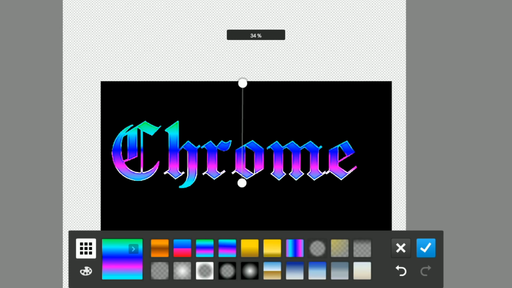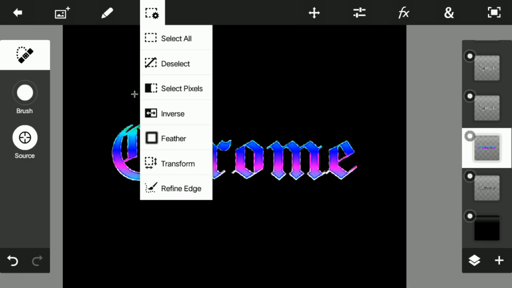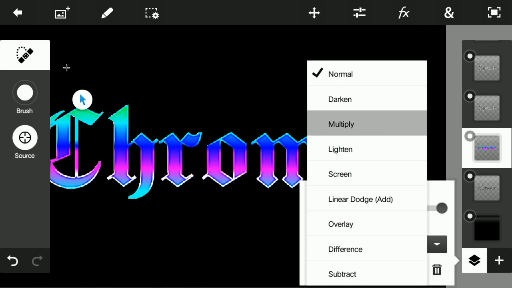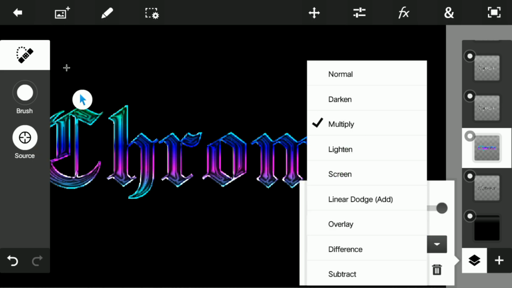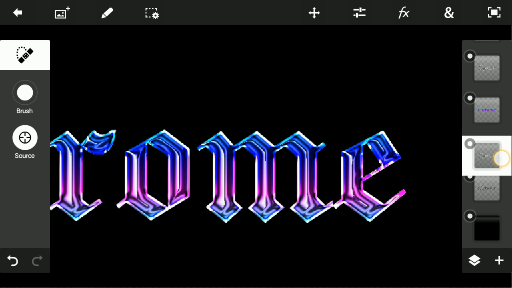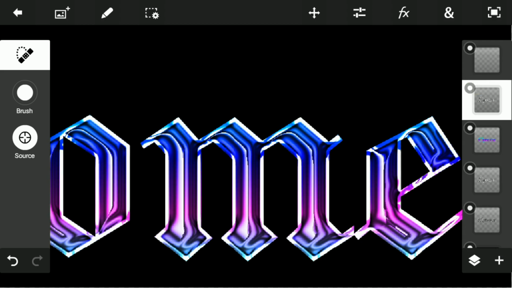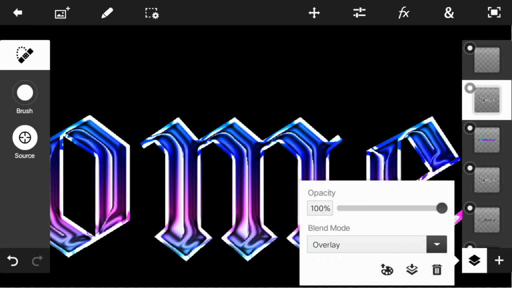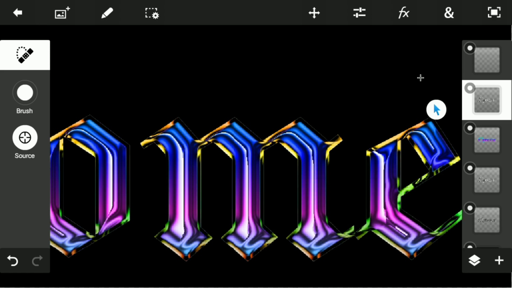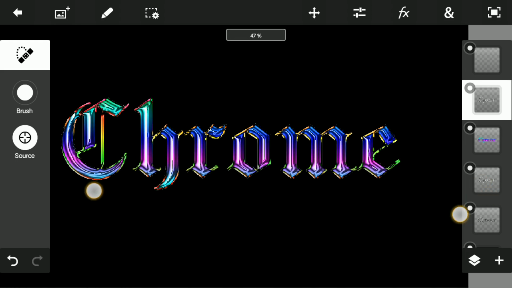And what I'm going to do next is go ahead and put it to multiply. So let's see how much. Nope, it looks really dark. I think overlay looks great. So I'm going to shift the first layer down and go ahead and change the upper layer into difference. Just like that. So once you do this, it should look something like this. We're just going to give it many colors, and it should look really good, to be honest. As you can see,